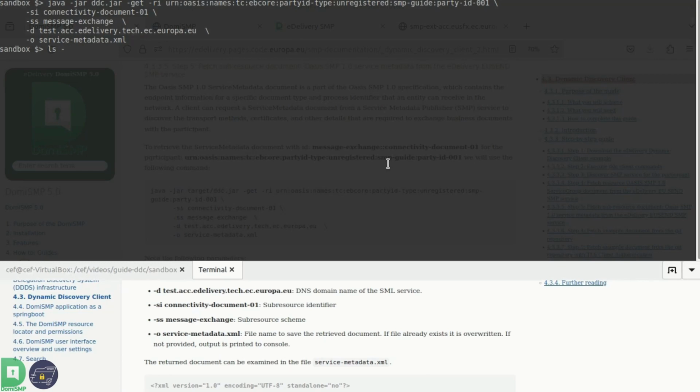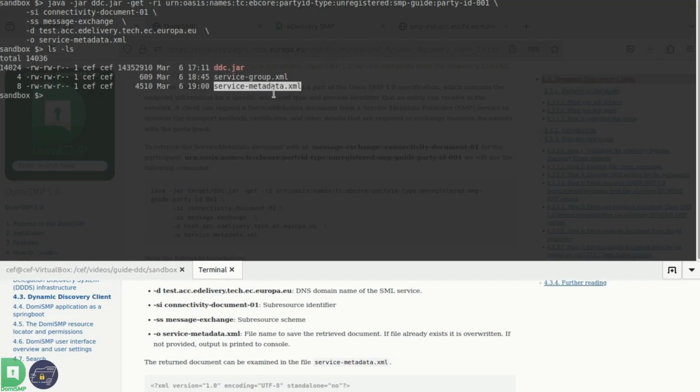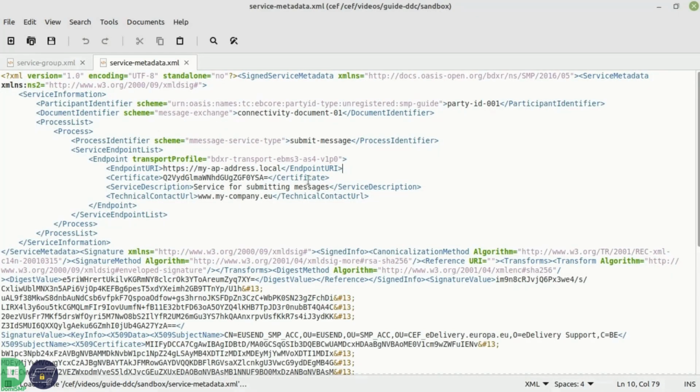Now if I check the folder, you can see that there's one new file over here. It's called servicemetadata.xml. If I open it in the editor, you can see that this is the document I was searching for with the Dynamic Discovery client, and which is published on the Dummy SMP.